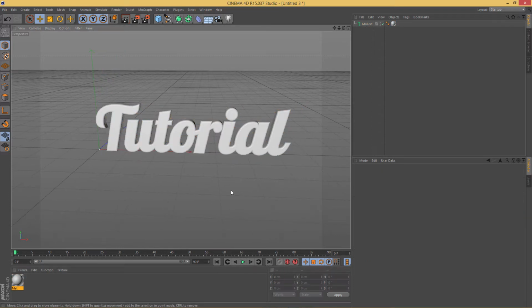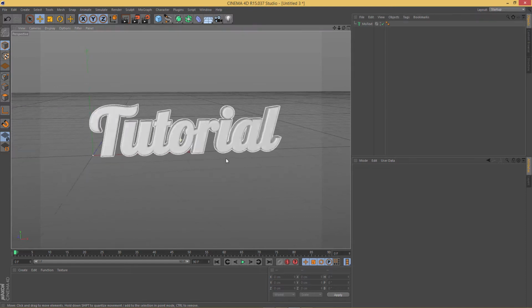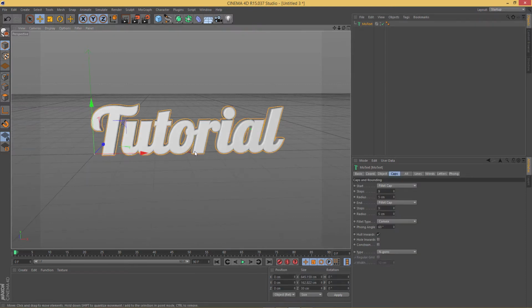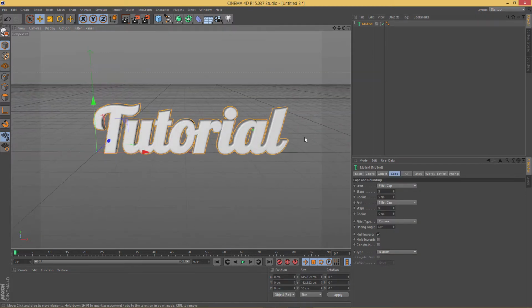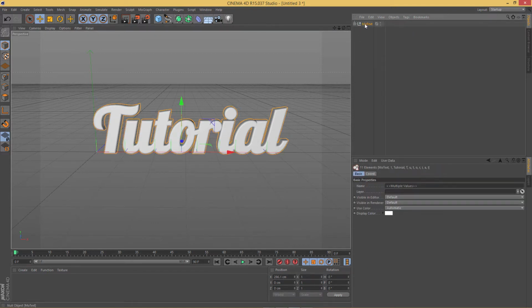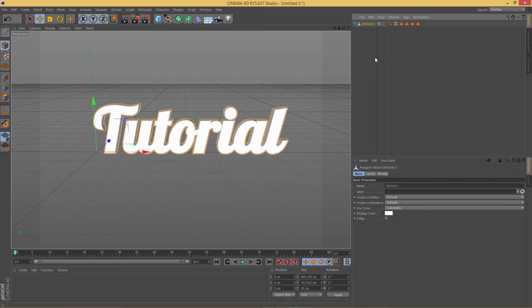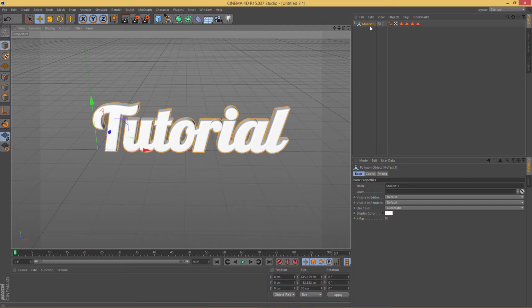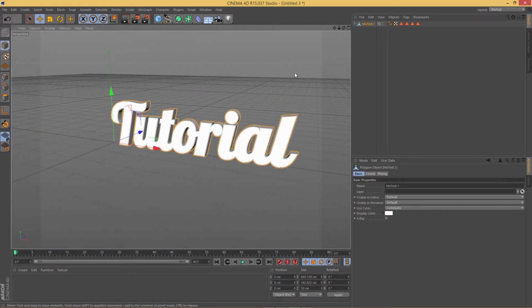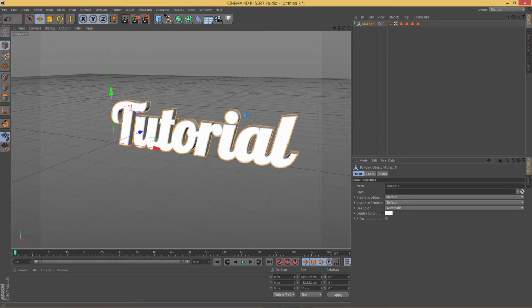I'm going to do that in another tutorial, but for now we're going to stick with the plain basic object without any materials. And when you're done with your model, make sure it is editable. So click C on your keyboard, select children, click C again, select children, and connect object plus delete. So at the end, make sure it is one object. Okay, and now we can go and save this,